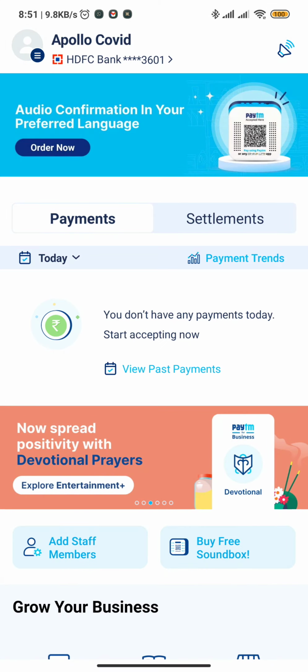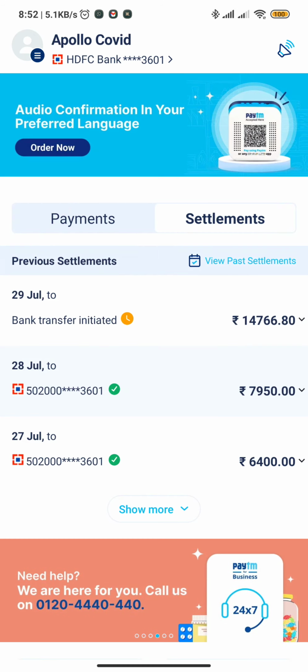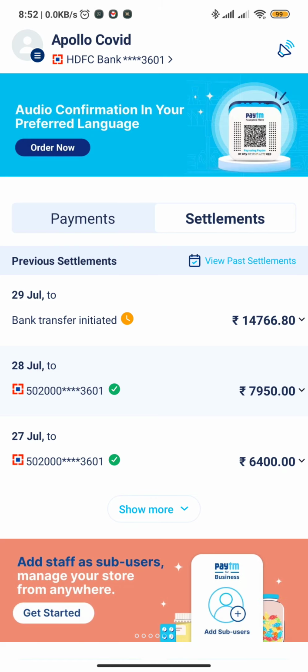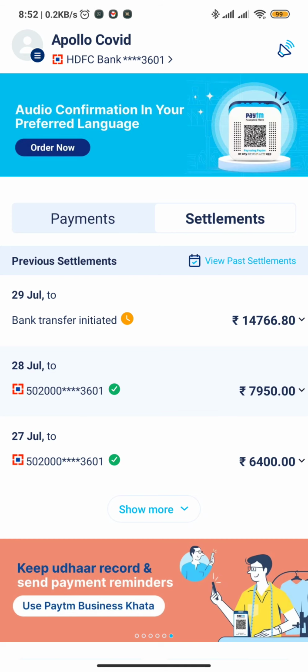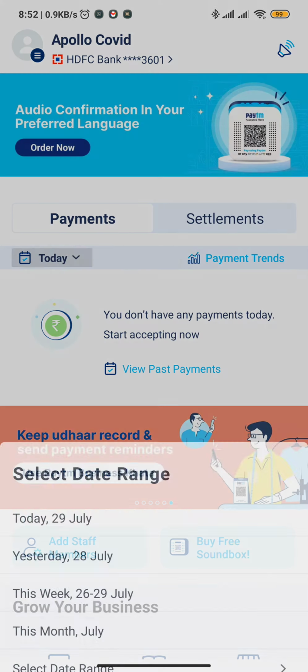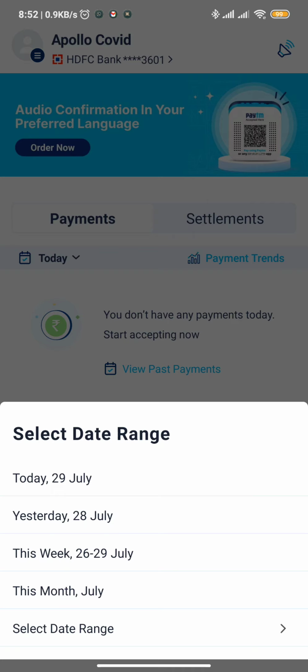Now coming to the settlements part. Settlements is the amount which actually gets deposited into our bank account after deducting the bank charges. So this is not anything of your requirement, but just for the sake of understanding, we get some charges deducted for the payments we receive. Okay. So now one more thing which I need to tell you, you can select the range of payments for any day you want available in QR code.